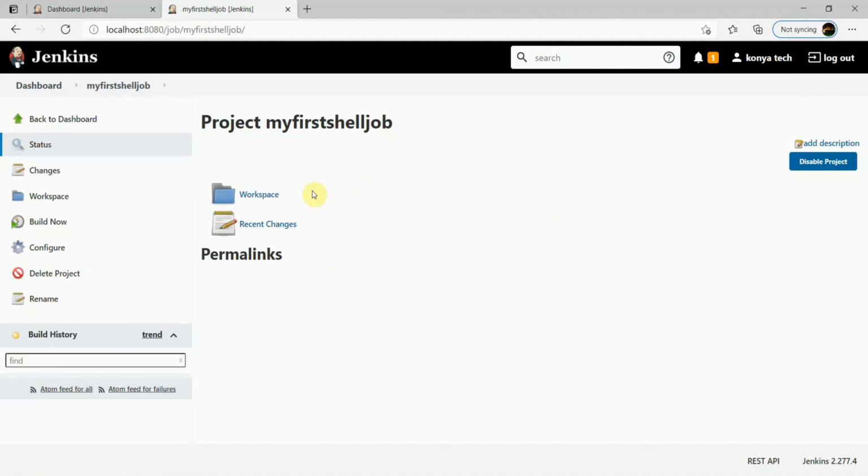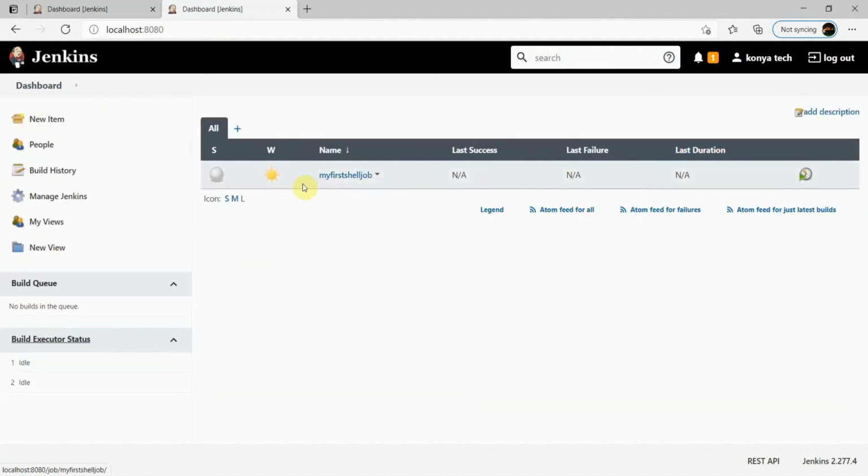Once we click on build now, the color of this ball will change. If it is successful, it will give the blue color. If it is a failure, it will change to red. Let's check it out. Clicking on build. Refresh this. Okay, this job has been successfully completed.